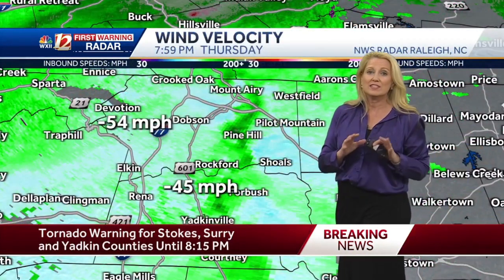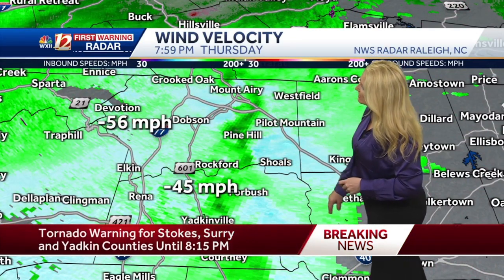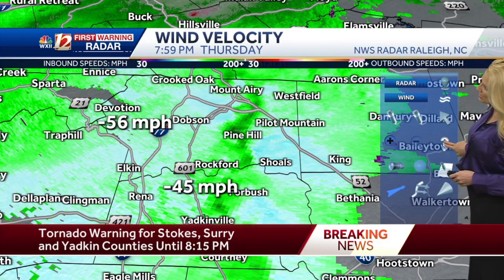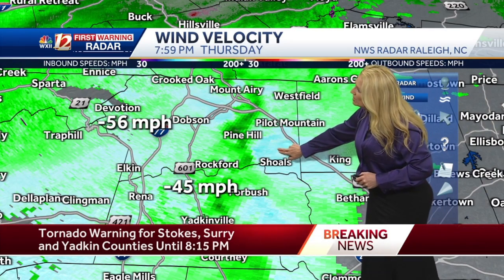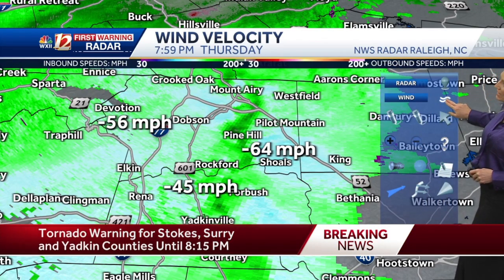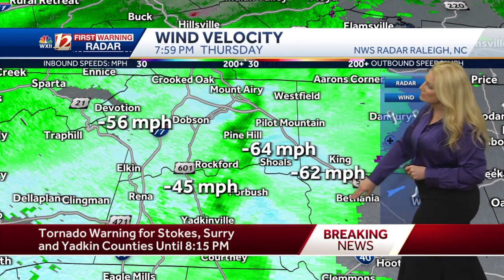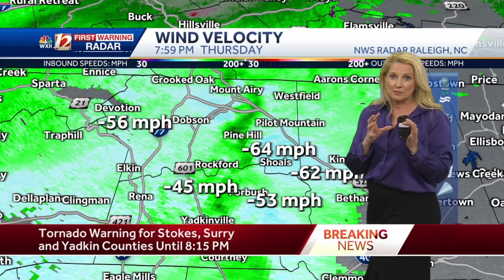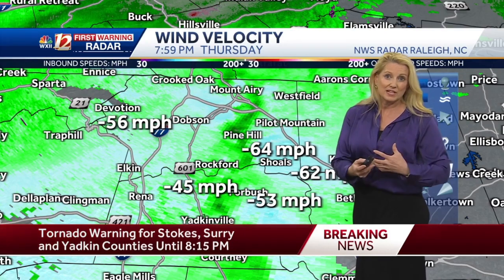We have intense winds with this too, 54-mile-an-hour winds to 45 down to the south, and let's see if I can get this to work here to bring you in some great new wind information. This is just straight velocity, so we know that we've got lots of wind to work with, 64-mile-an-hour winds just now for folks out in the Shoals area toward King. These are the zones, 62 miles an hour, so we know at least aloft in the storm, the winds are producing some intense speeds,